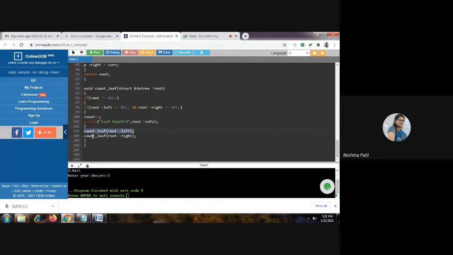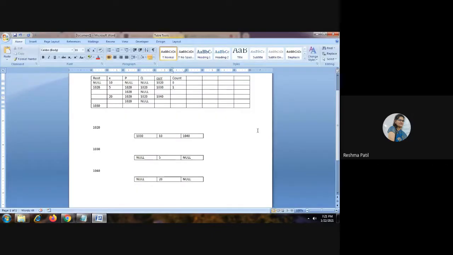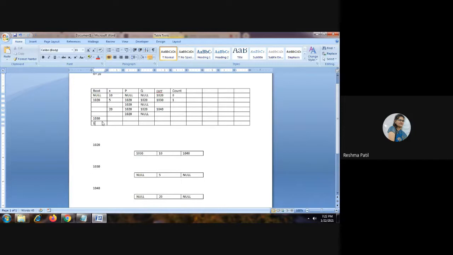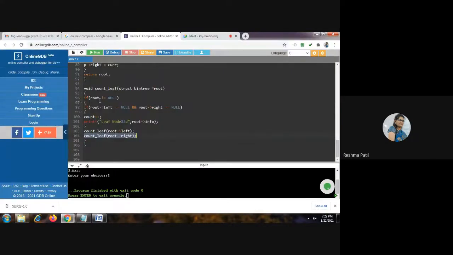Now go to the next line, count_leaf(root right). What is the value of your root? Initially it was 1020. What is the right of that? 1040. That will be passed here, 1040. Root is not equal to null? Yes, true.